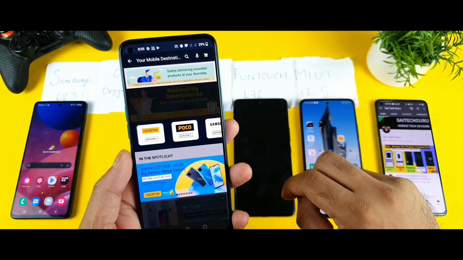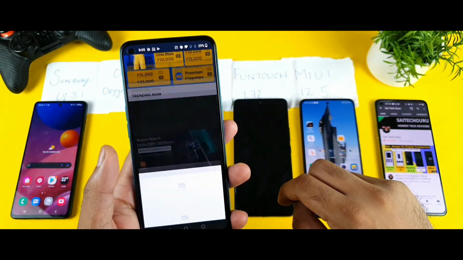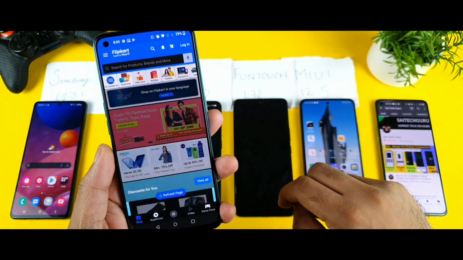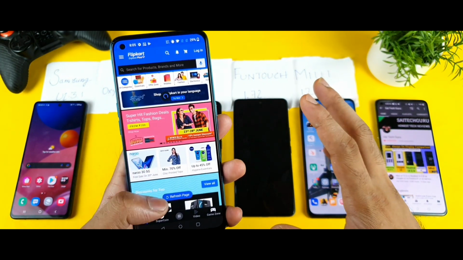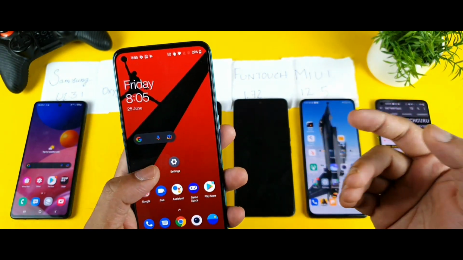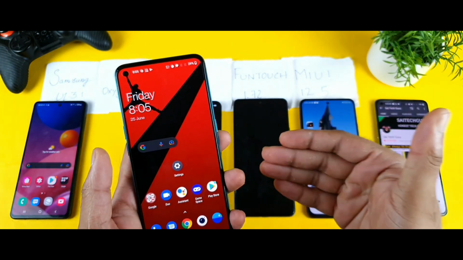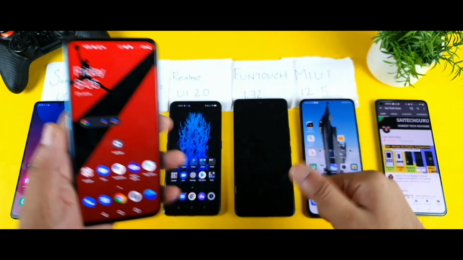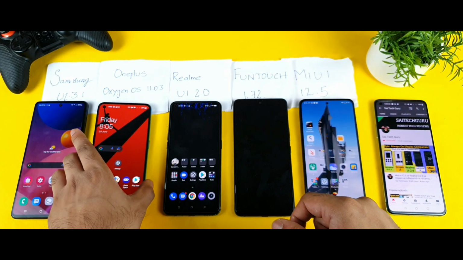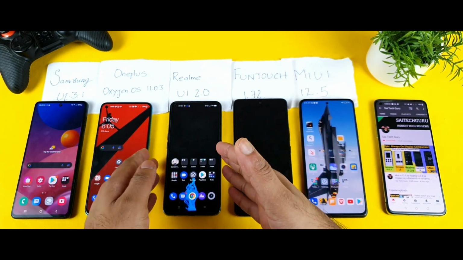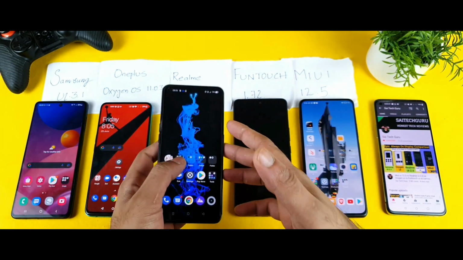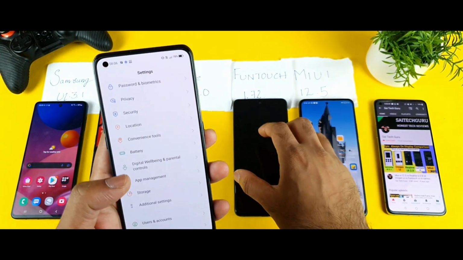As you can see, if you look at Flipkart using the dark mode, sometimes it cannot be that smooth at all. I can understand, but if you want to use it forcefully, you can use it in the Oxygen UI without any kind of problems. That's good. So no issues in the Oxygen OS at this moment. And let's see what Realme UI 2.0 is doing. Is it doing something special or not? That's what I'm going to compare with other smartphones.